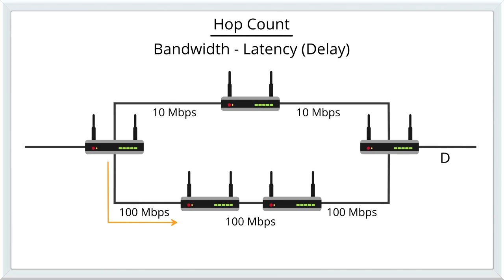slower. But when using the bandwidth or delay as a metric, each link is assigned a relative cost value. For instance, let's say these 2 links each have a value of 100, so the total cost going this direction to the destination would be 200. Now, down here, each of these links may have a metric value of 10, meaning that going this direction would only have a metric value of 30. In this case again, the lower metric wins, so this router would use this direction when sending the information to